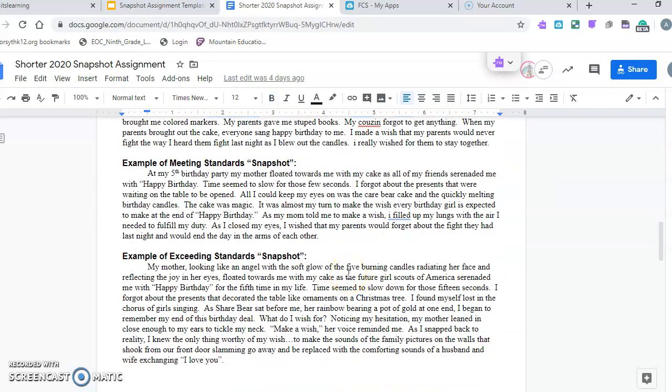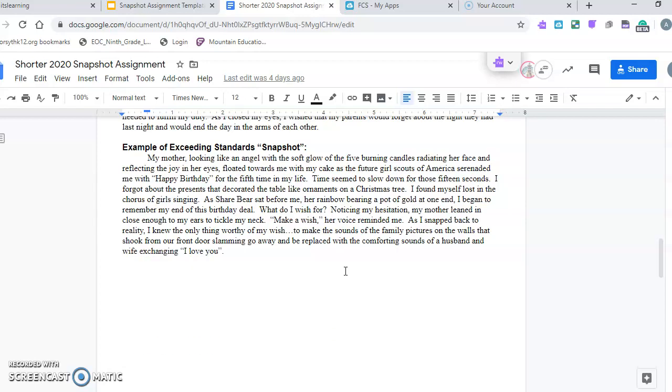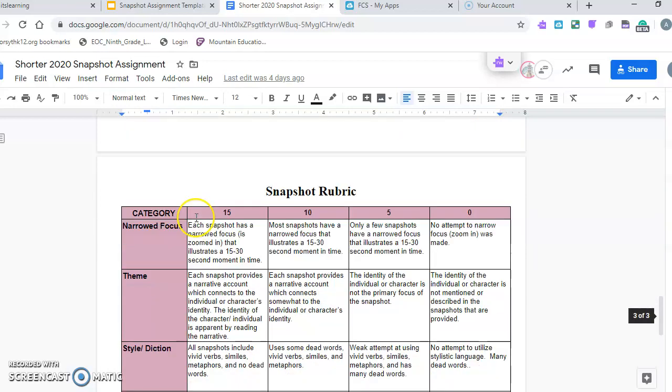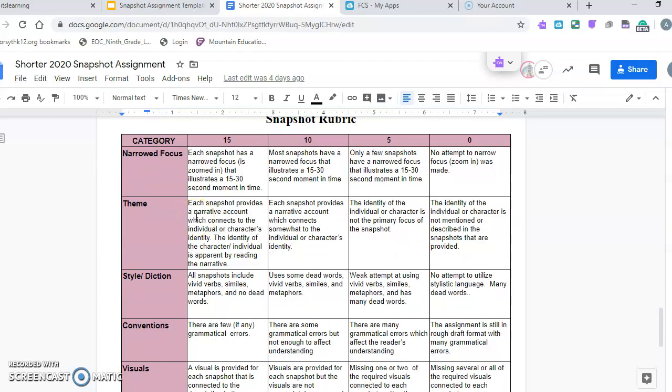Meeting standards snapshot looks a little bit better, but it does have a couple mistakes. And then the exceeding standards snapshot is a very good piece of writing. You'll notice it has a lot of dialogue in it, which is a great narrative technique that we use, and it does tell a story in a very concise snapshot fashion. The last thing that is here on your directions page is the snapshot rubric, and it